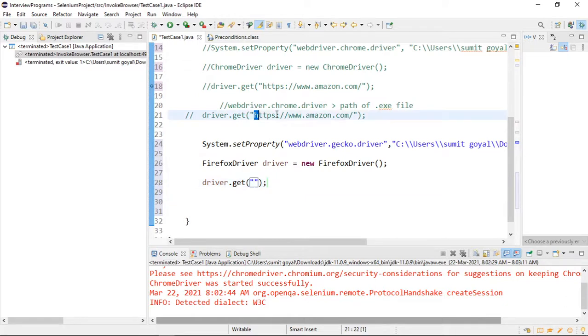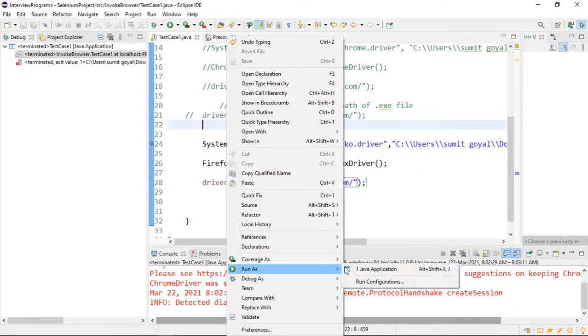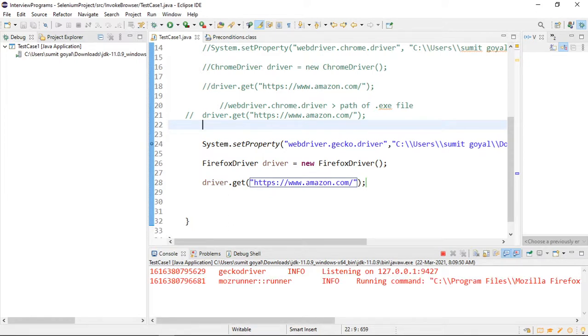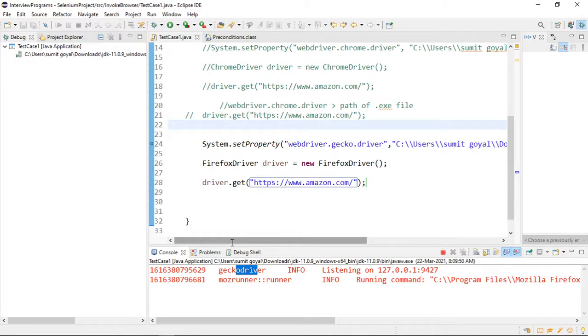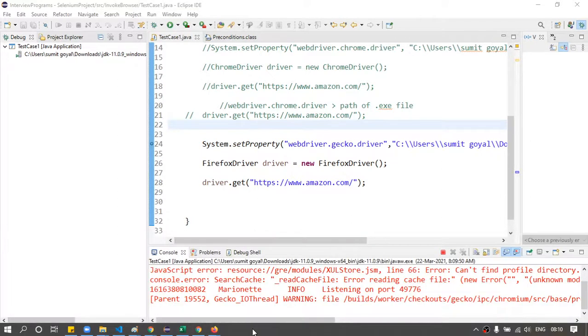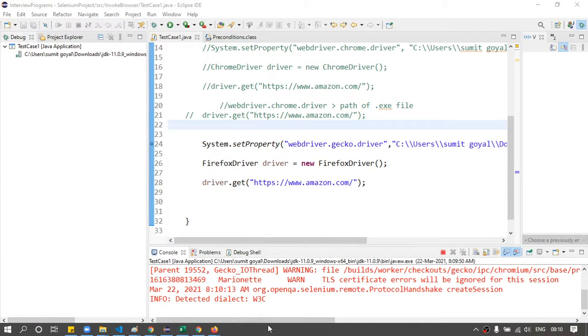So copy the URL. You can see it is opening the Gecko driver, and once it opens... I think it has not opened yet. Some warnings are coming, you can ignore that. So it should open.